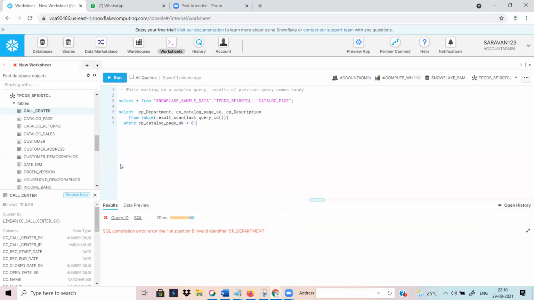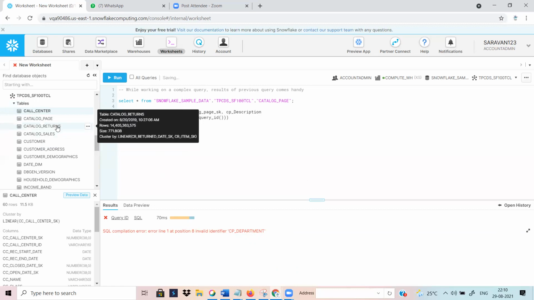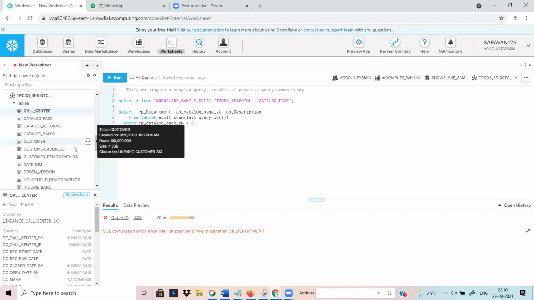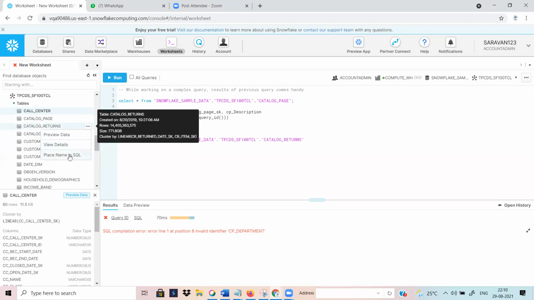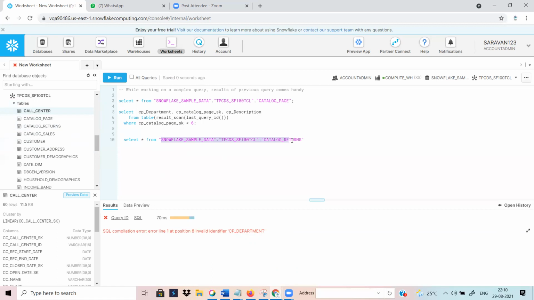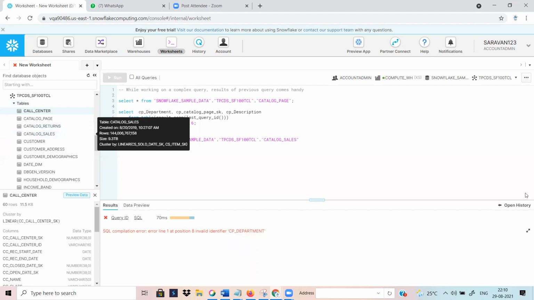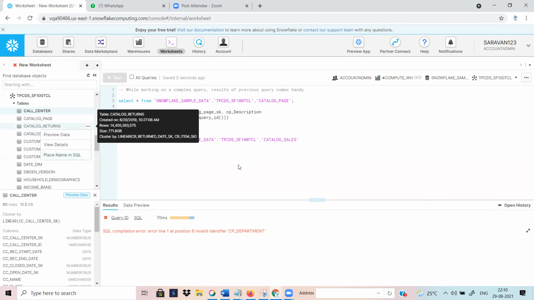Okay. Okay, sir. Otherwise, like this is the navigation panel. Suppose I need to place the table name in SQL. It is automatically coming, right? So I just want to select this table. Place the name in SQL, it is automatically coming. You don't want to do anything manually or type that. So automatically it is coming. Okay. Then otherwise you can double click, that is also coming automatically. Double click or anything you can do, it is automatically coming here.